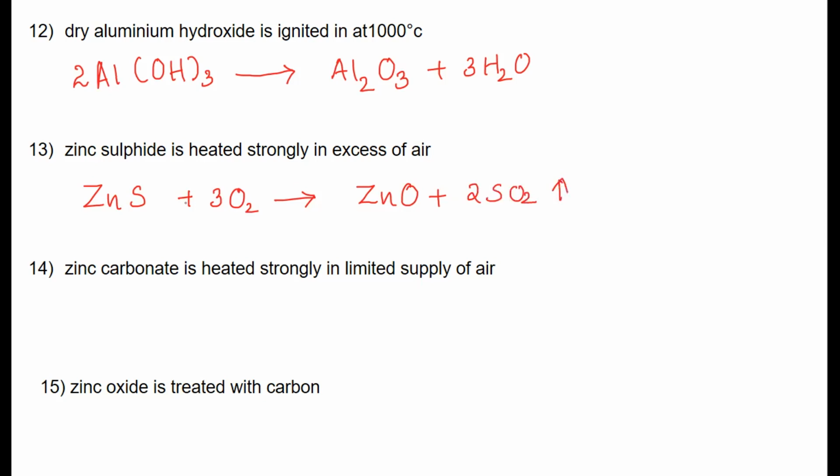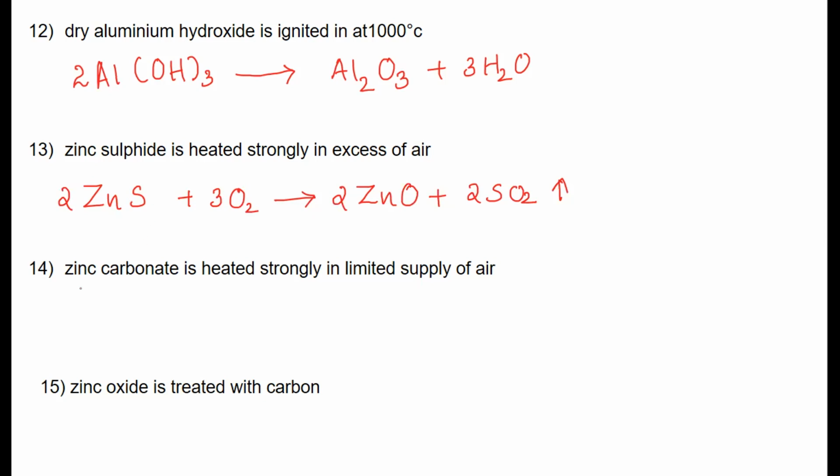So ZnO plus oxygen: here 3 twos are 6, here 2 twos are 4. So 2 more oxygen. Here if you multiply by 2, here zinc will become 2. Here also we have to multiply with 2. Now zinc 2 atoms on both sides. Sulfur also here 2, right side also 2. Oxygen is 6. So the equation is balanced.